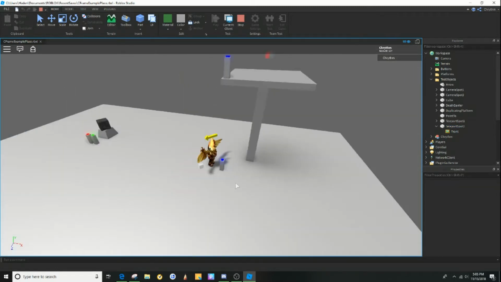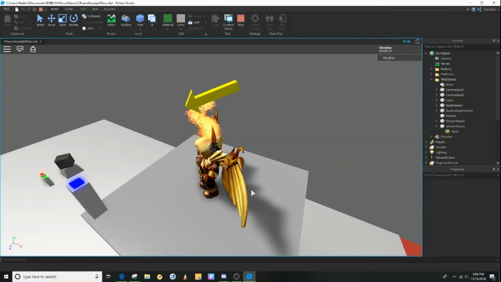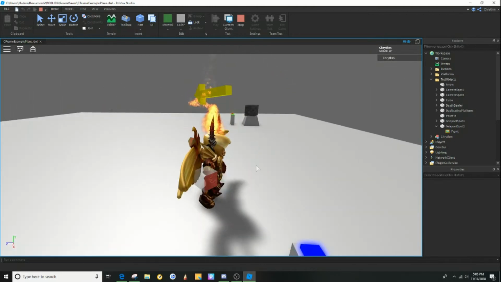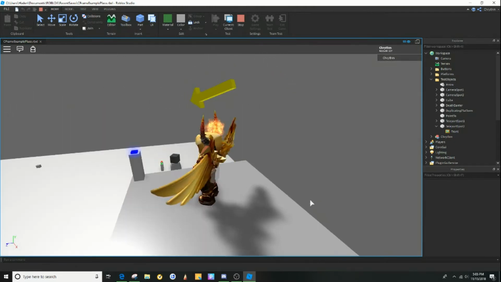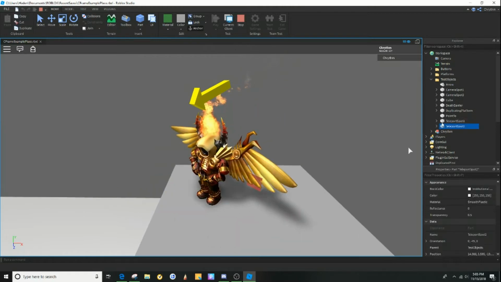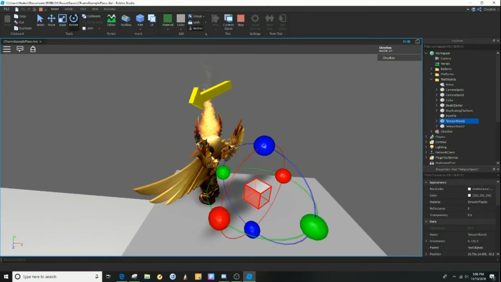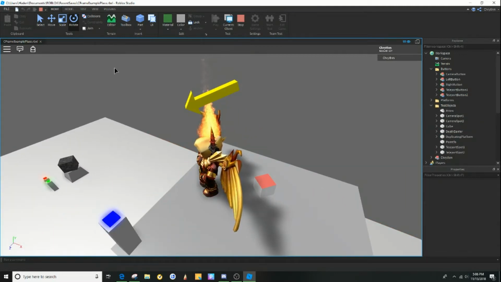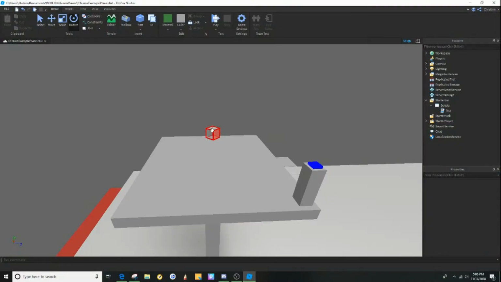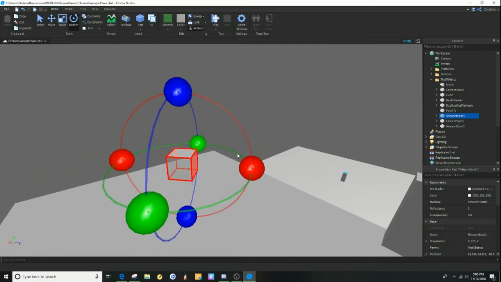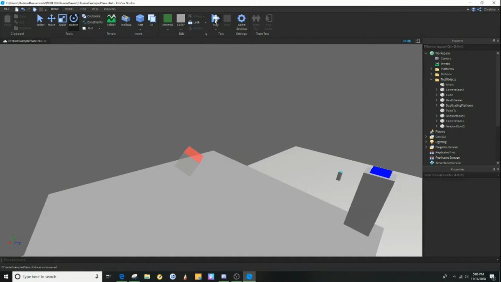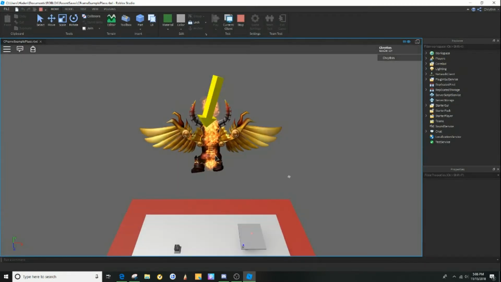These buttons here, the blue ones, every time I click one of these buttons, I'll go to the next waypoint, I would say. So it'll face me in the direction that this is facing. If I were to mess with it, say rotate it this way, which is not a good idea if you're trying to make it teleport. Uh-oh, I messed it up. So if I were to go into the studio and rotate it up a little bit, you really shouldn't, but you know, if you're setting the CFrame or something,